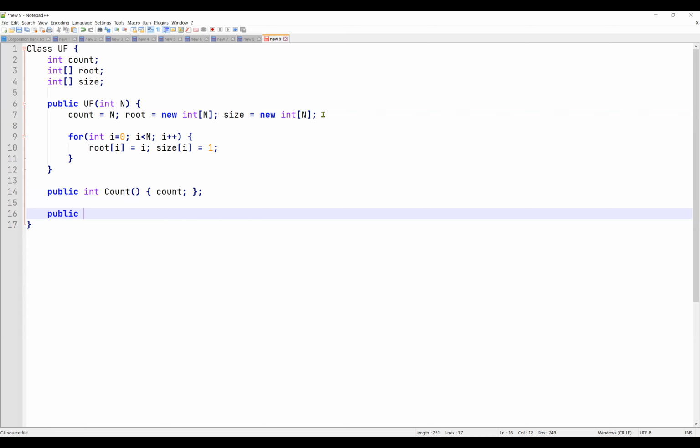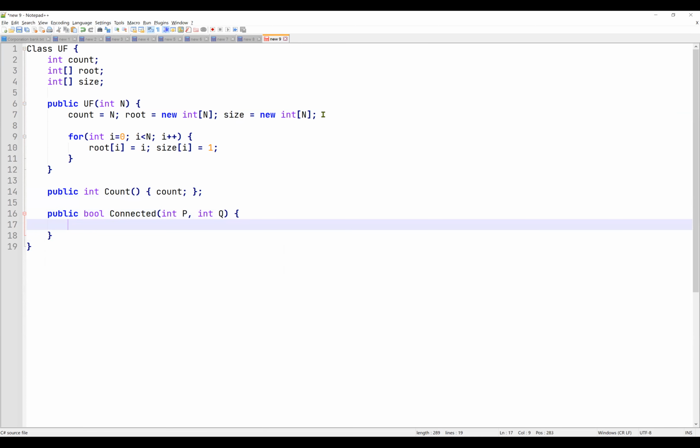There are two main methods for union find: one is connected and one is union. The connected method basically takes two integers and returns true if both are connected, and that is very simple, right?